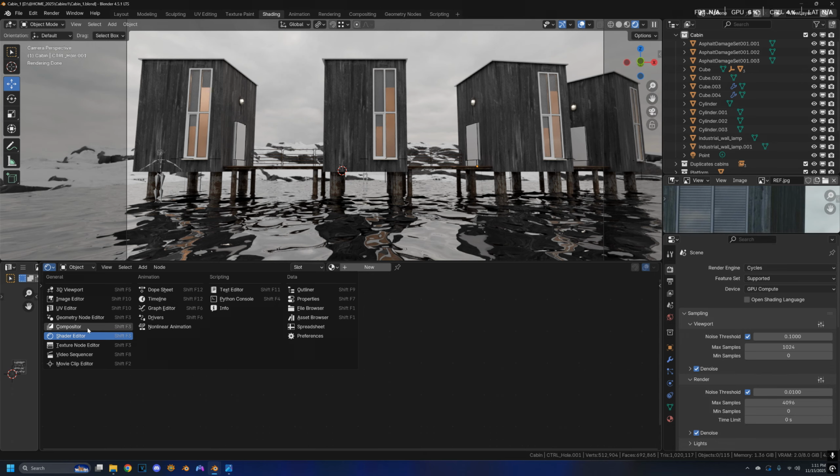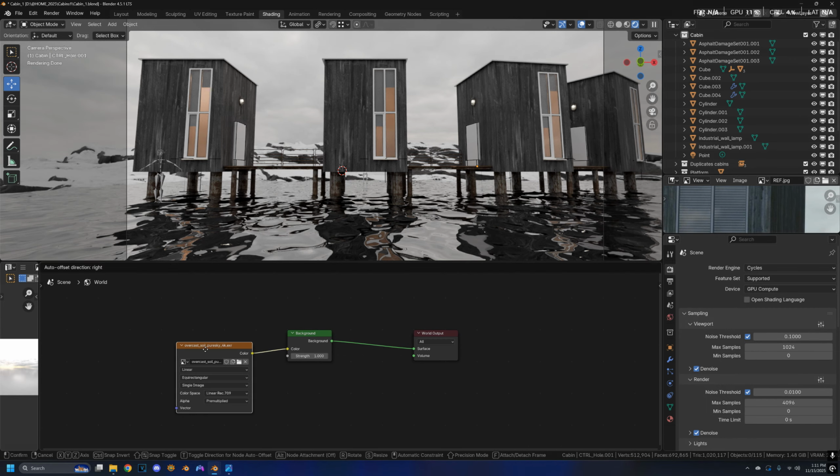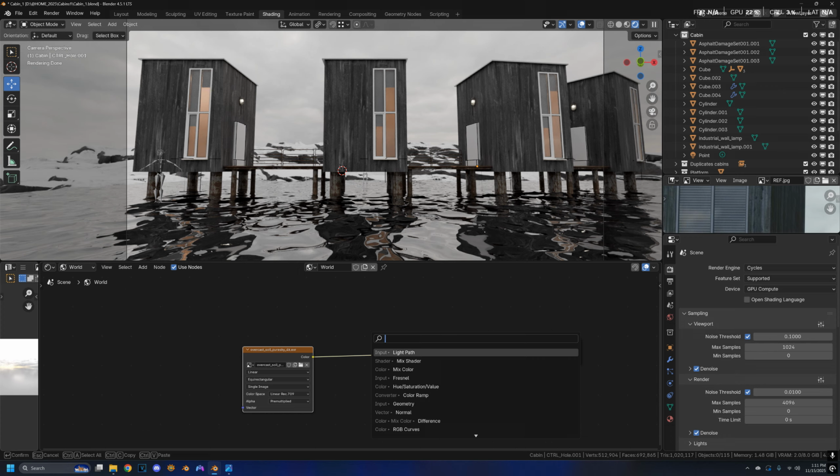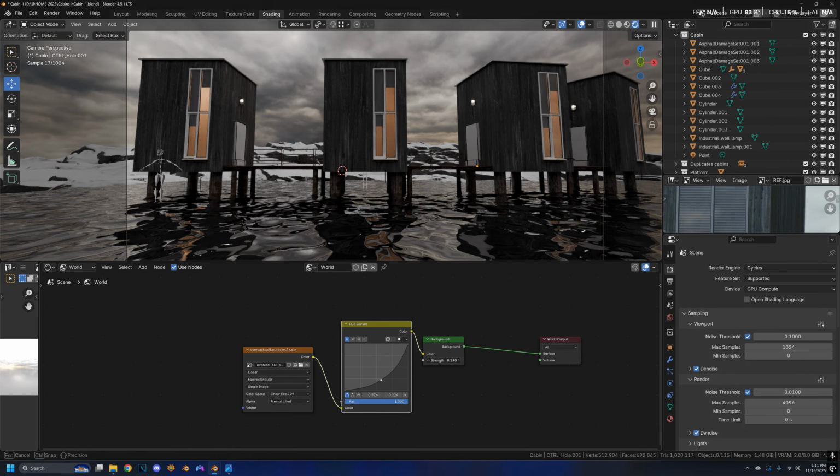So let's just go to shader editor, change it to world. We can plug in a curve, color curve. So just like the planks, we can color correct it a little bit. I like to give it some contrast by pulling this one down, making it a little bit darker. Okay, so it's too dark, but